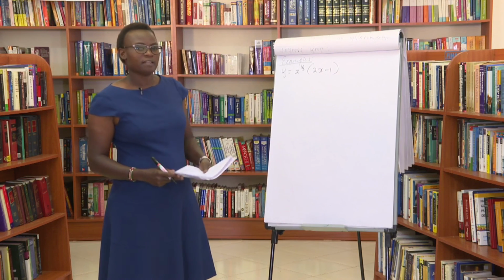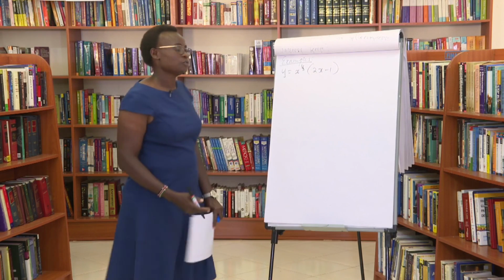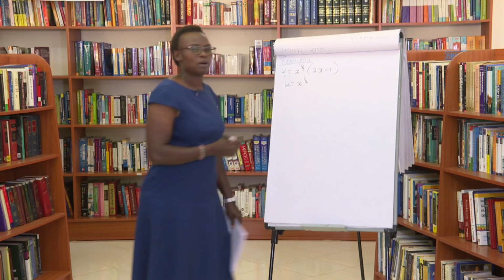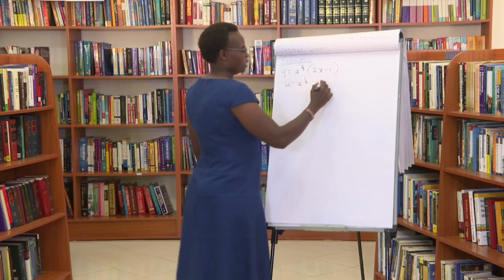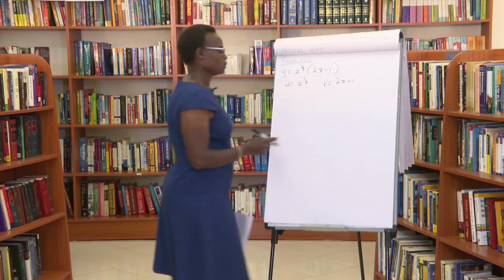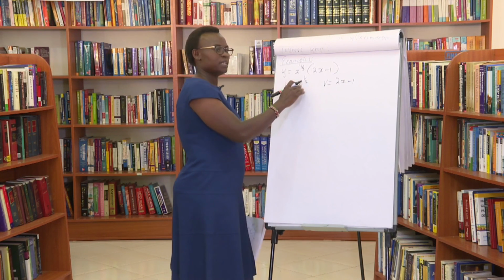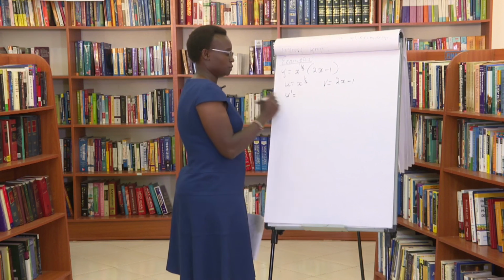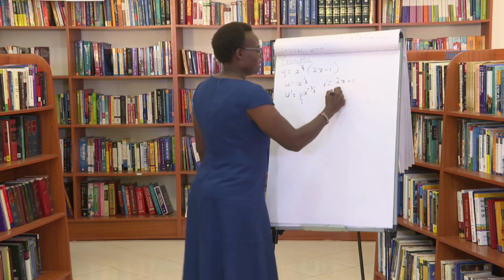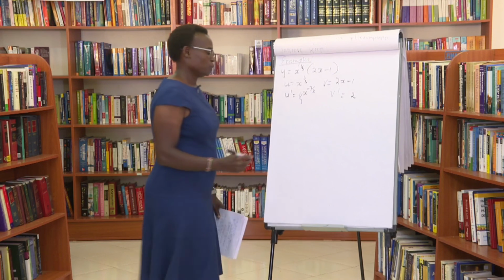You're supposed to find the derivative of this function, which is a product of two functions. You let u be your first function, x raised to power a third, and you let your second function v be 2x minus 1. Then u bar is the derivative of your function, which gives us a third x raised to power negative 2 over 3. And then v bar is going to be 2. So then you follow